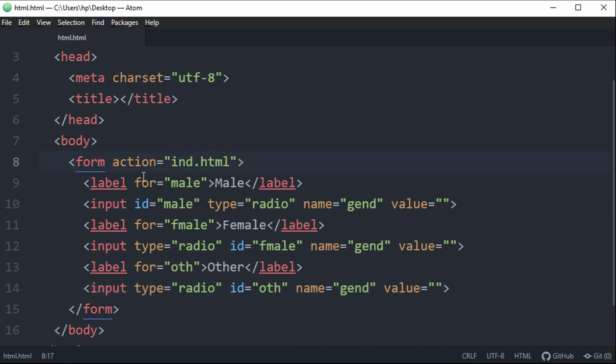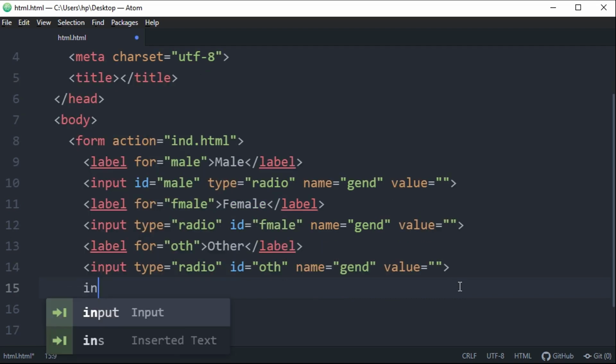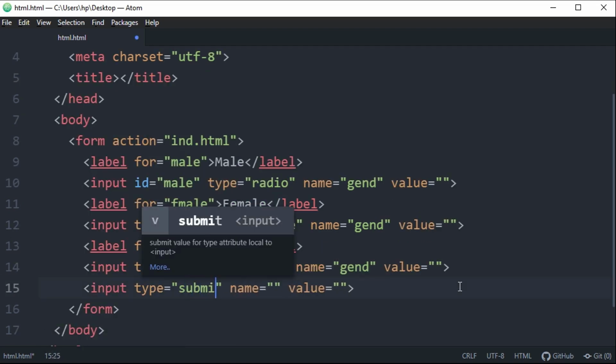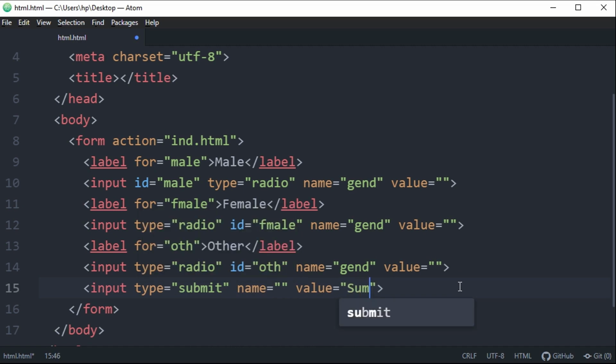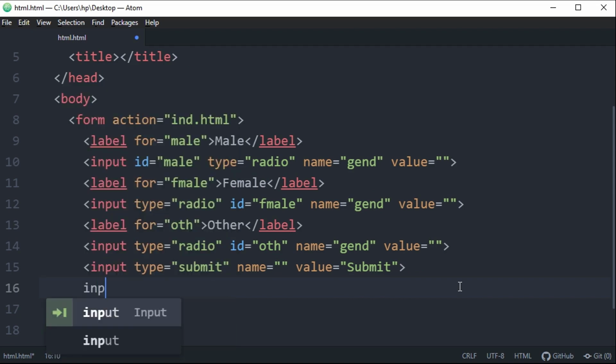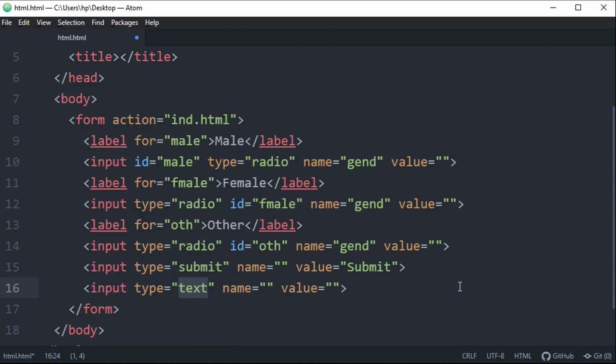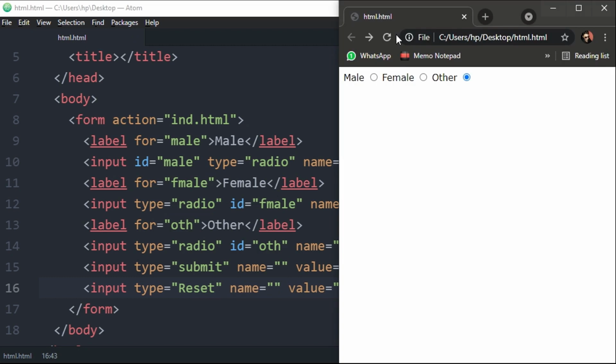All other things will remain the same, and you can simply submit the selected options. There you go. Now you can submit the results.